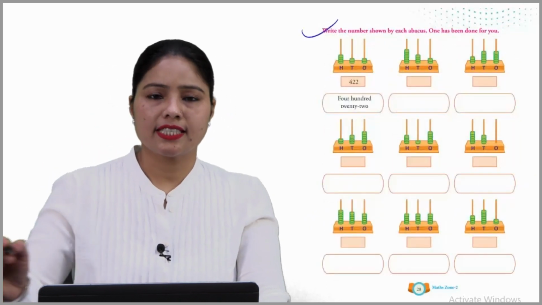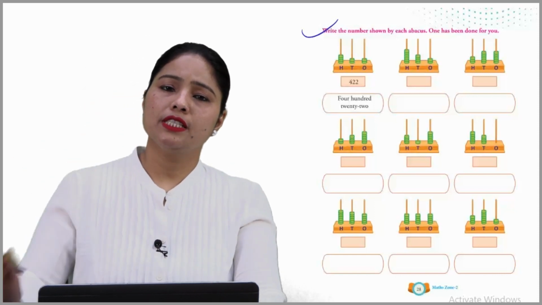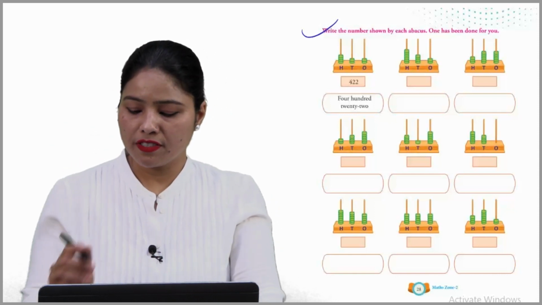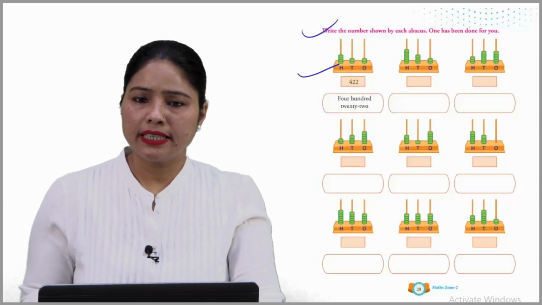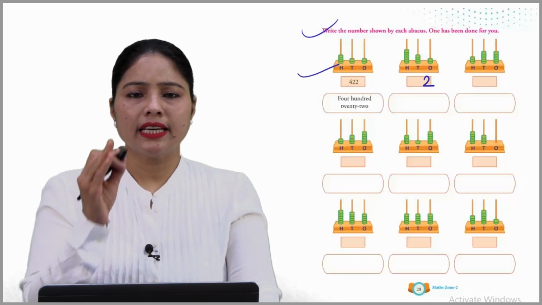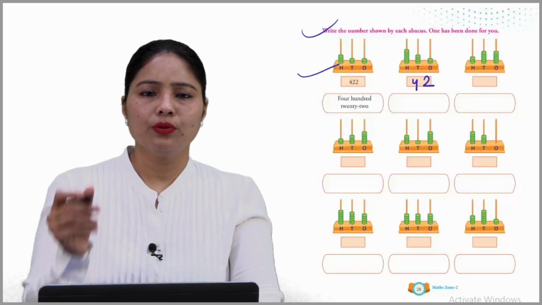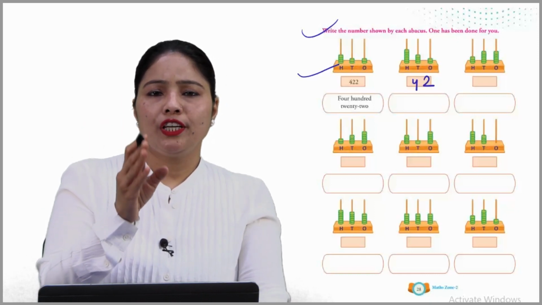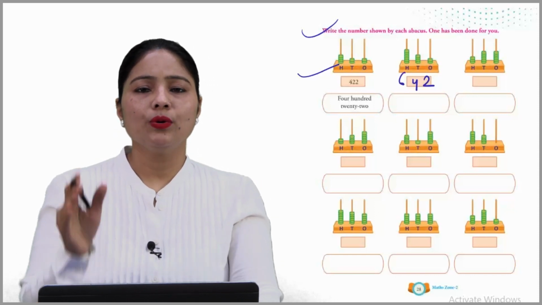So, now next. Write the number shown by each abacus. One has been done for you. So, how many beads are there? The first one is already done, so move on to the next one. So ones की place में कितने हैं? 2. Tens की place में कितने हैं? 1, 2, 3, 4. So write 4. 100 की place में कितने हैं? 1, 2, 3, 4, 5, 6. So write 6. So now it becomes